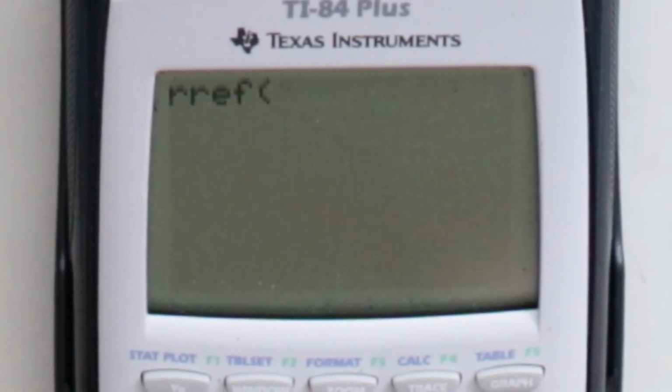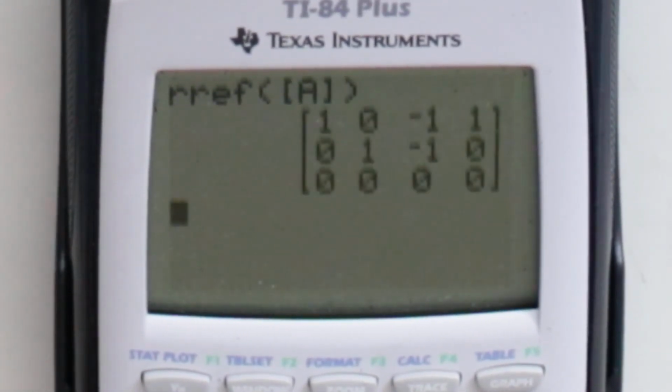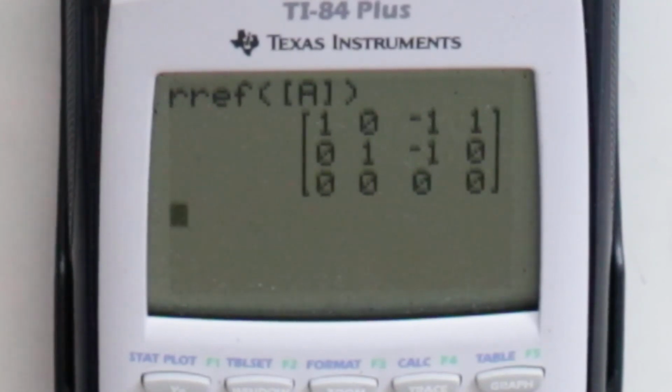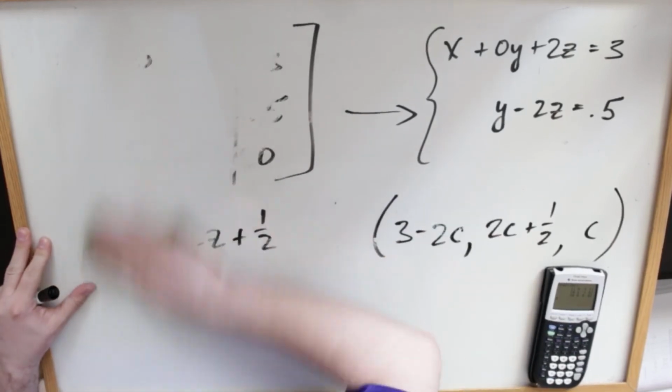and I am going to input matrix A, which I just put in, hit enter, and well, looks like we have another dependent solution. So let's go ahead and just do it real quick. I didn't know which one this was going to give us, if it was going to give us an answer or not, but let me zoom out here so you can see what I'm referring to. So what I'm going to do is I'm just going to try to find the solution for it. So we know it's dependent. We know that z is going to be our c value. So what we have is